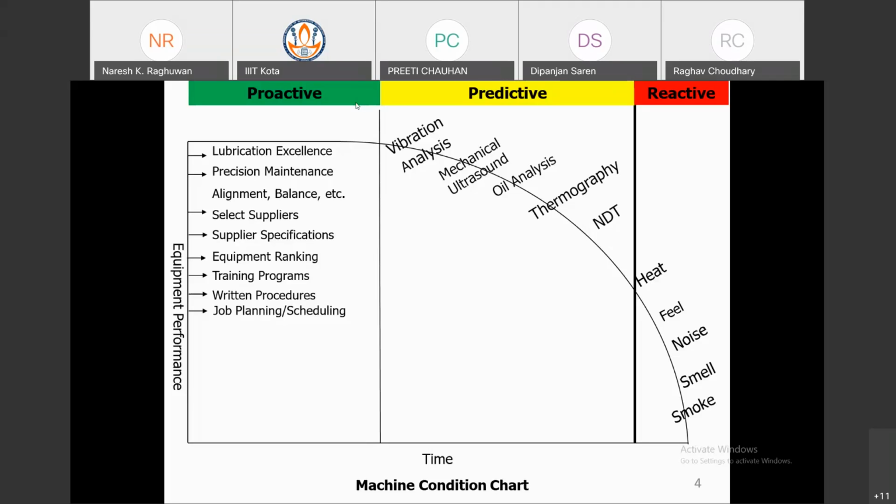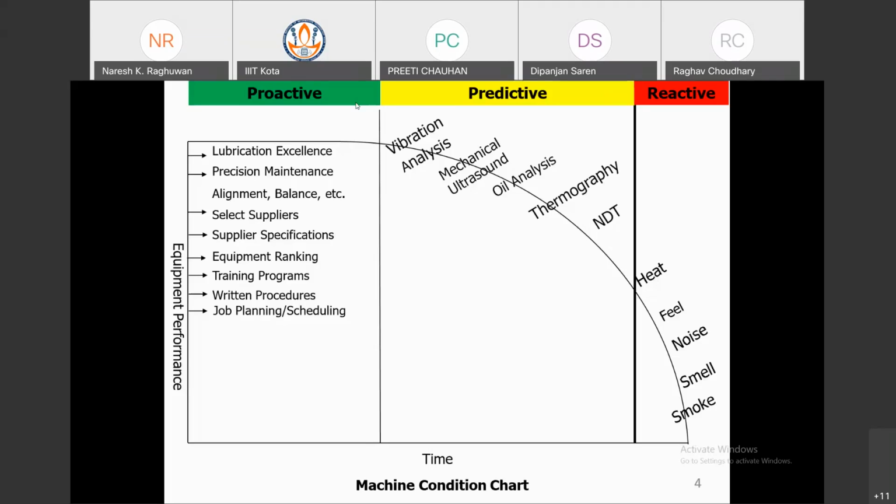Smell, something is wrong. Suppose in electric wires, if there is a smell, some fault is there. So we can say something is wrong in the wire cable. Like that in a machine, some oil burning smell is there, or smoke. The third one is smoke. If the smell and smoke condition is there in the machine, that means your machine is going to die. The machine will stop. Something is wrong in the machine.